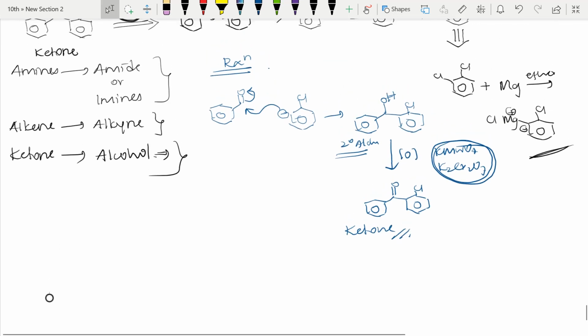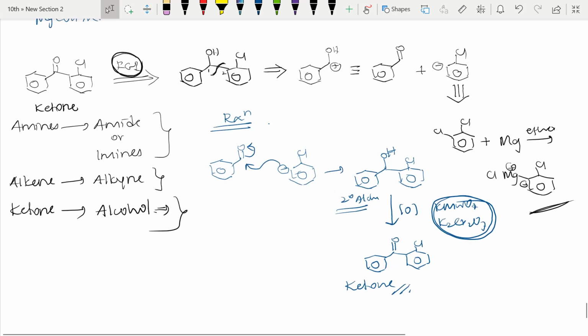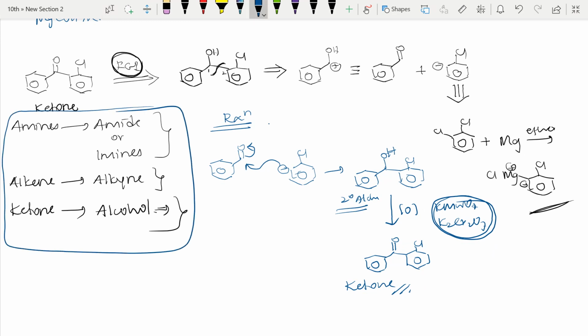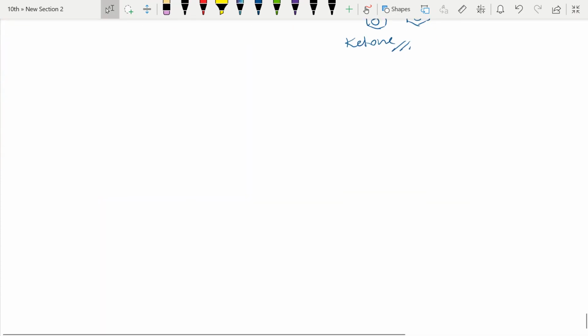So I have explained the retrosynthesis also, and also have shown you the reactions, how we will get that. Those things also I have explained. So functional group interconversion, FGI, these things you need to remember. If I have forgotten anything, you add it into that list, right? So next, let us see one more.